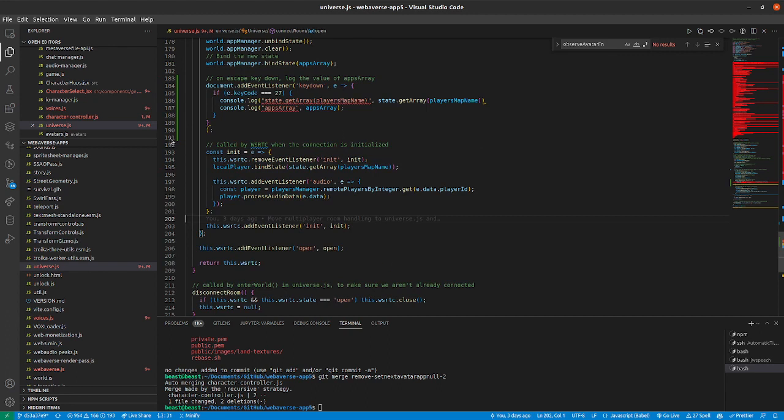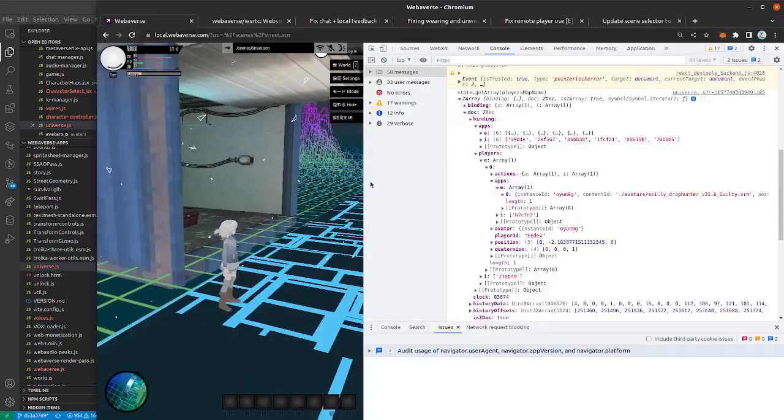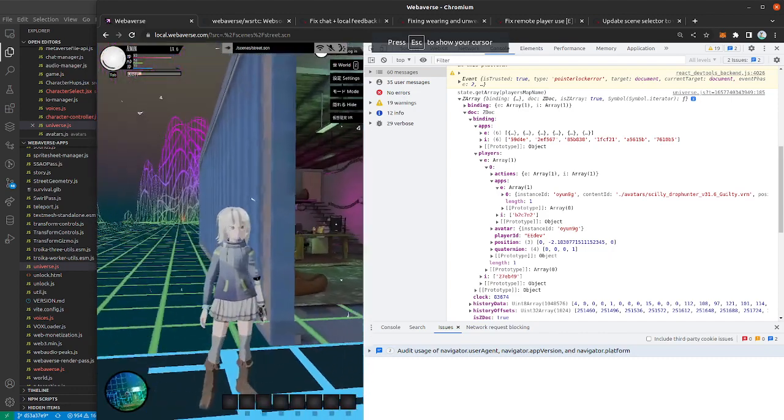Then the last thing here for the initialization of multiplayer is audio. And that's just saying, hey, we got an audio message in, let's see who the player is that it's for, and then we'll send that audio buffer data to that player so that it plays spatially out of that player's mouth. And what's cool about Webaverse is that if you look at individual players,